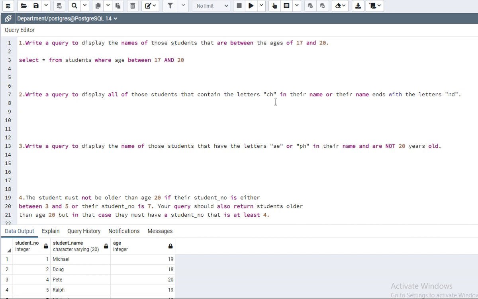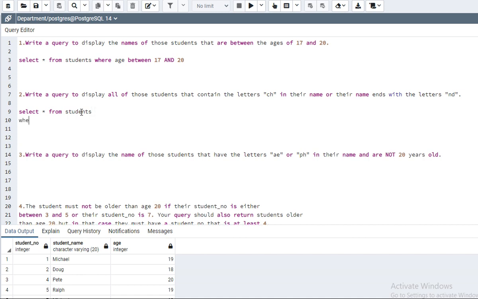My second query is: write a query to display all of those students that contain the letter CH in their name or their name ends with the letter ND. For this we have to use the regex function. So I will write the query: select star from students where student name